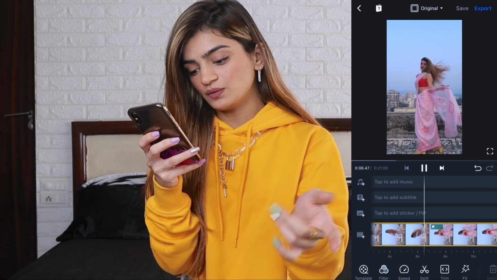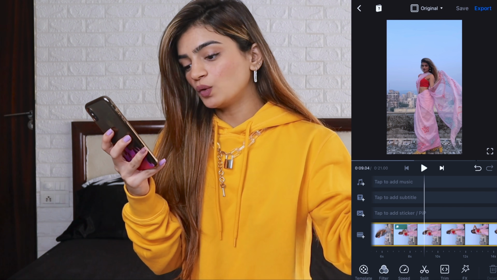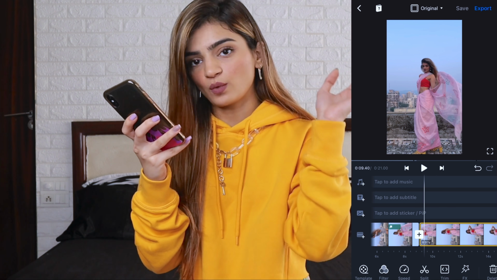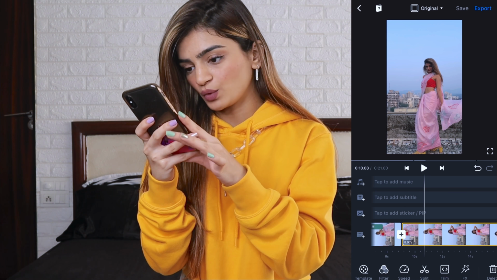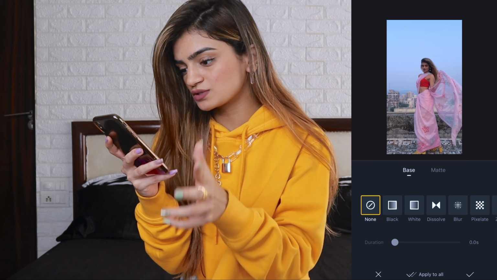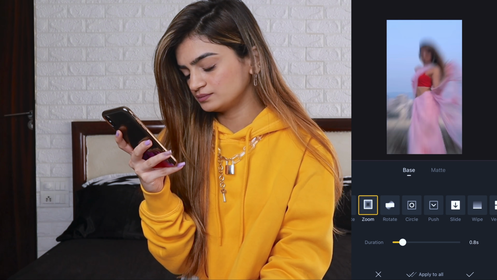this one. Now if you want to use the effects again, you need to split the video because they only apply one effect on one clip. So I split the video and use another effect if I want to. So I split it, and if I want to use an effect here, I again do the same process. So one is there are effects, and then there are these options also where you can dissolve, blur, zoom in, rotate, so many options.